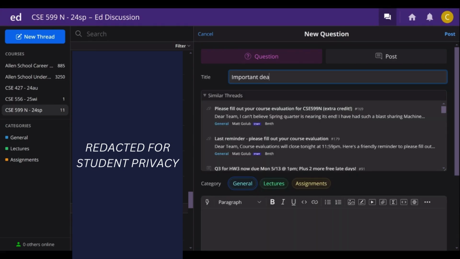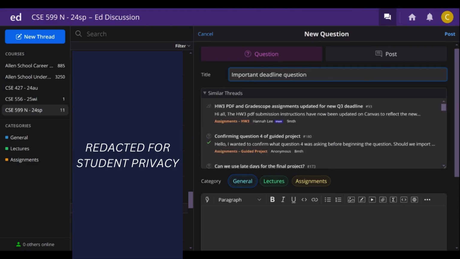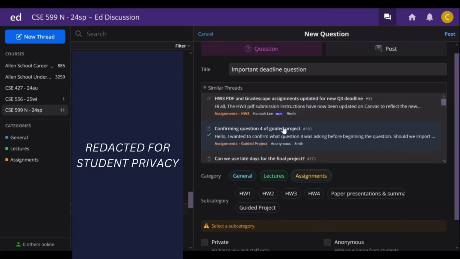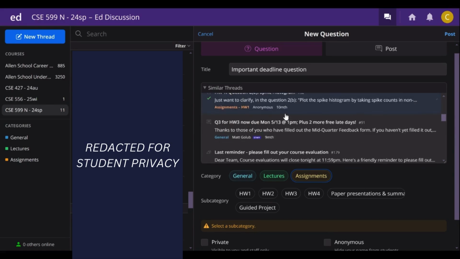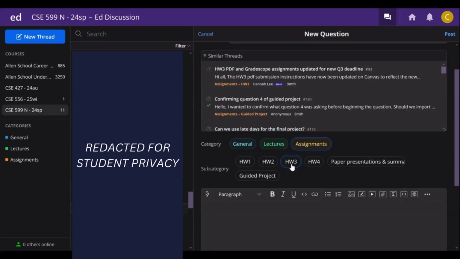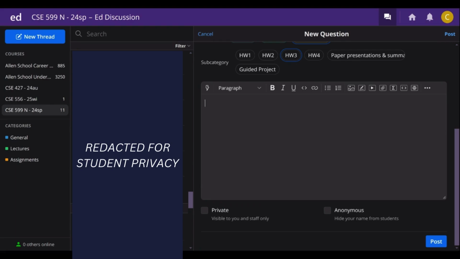For example, I might ask a question about an important deadline, and to do this, I should also categorize my post accordingly and make sure that there's not already a similar thread that answers my question. In this case, it's about homework 3, so I make sure to categorize that correctly, and I can go ahead and write my post, and in the same way, I can add any images, links, or